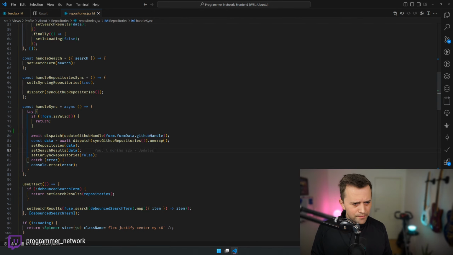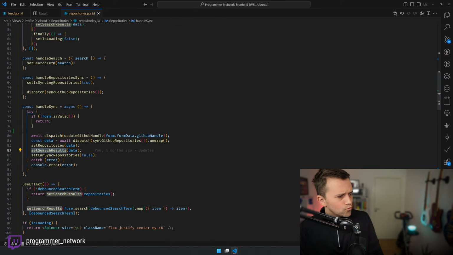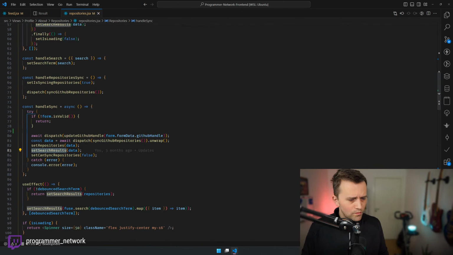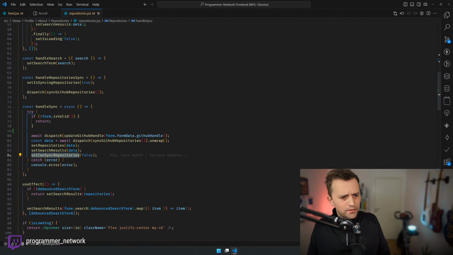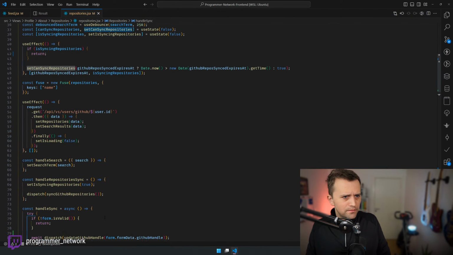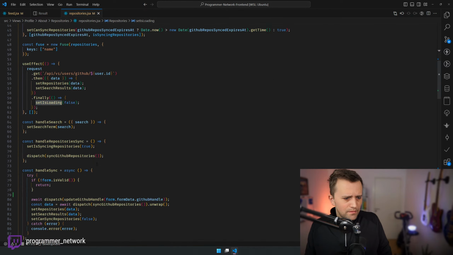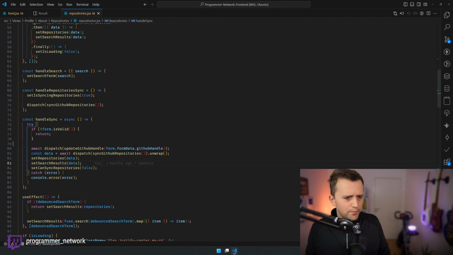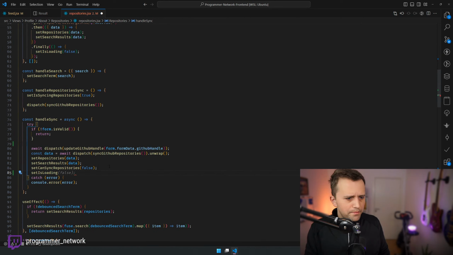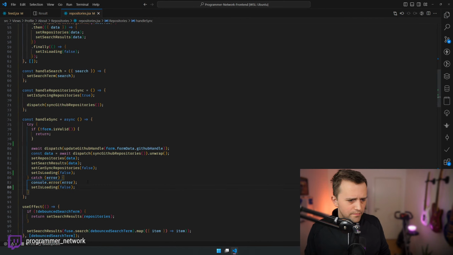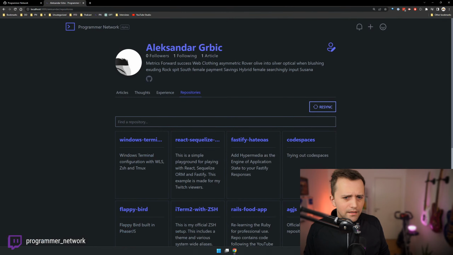I see. Set can sync repositories false. And I guess what's missing here, if we were to remain with this crap, is this, right? Or we could use finally here. So I think our bug technically resides around this.